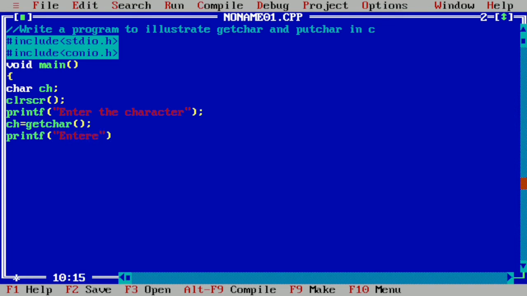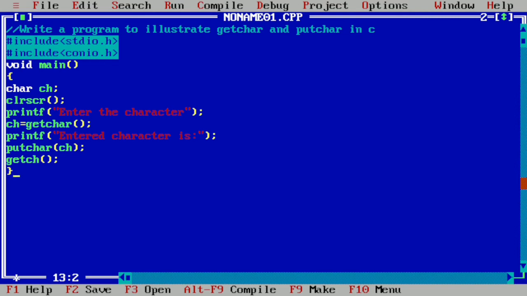We are going to print the same character as it is onto the console. Here I'm going to write "Entered character is". Whatever character we have typed, the same will be printed over here. For that, we are going to write the putchar function, and in the putchar function we are going to pass ch as an argument. Next, getch is a function that receives some input from the user, so till then the output will be intact.